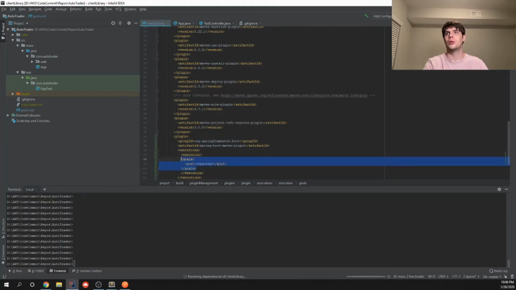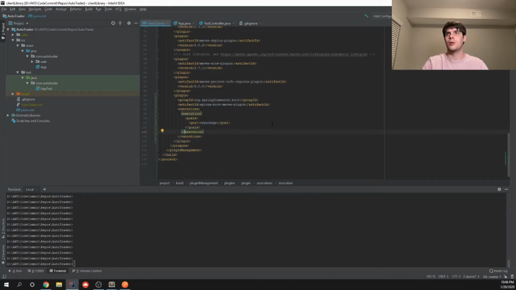It'd probably be easier to copy paste this chunk, but I just want to go through one step at a time. So this says which Maven goal to execute on,